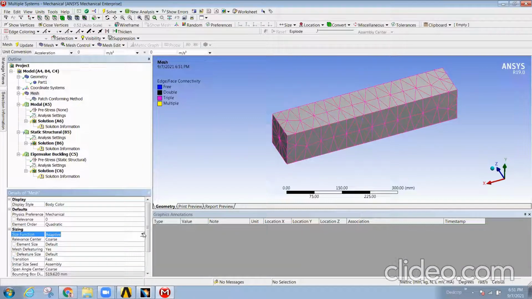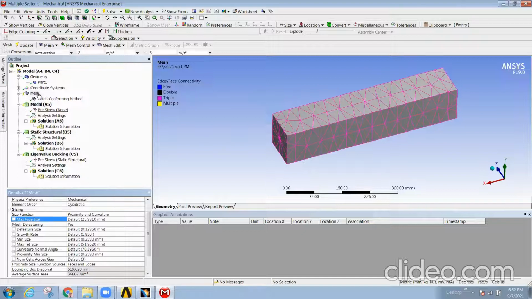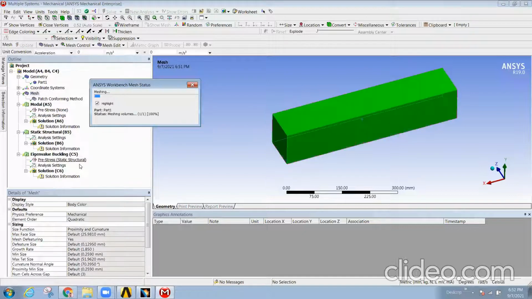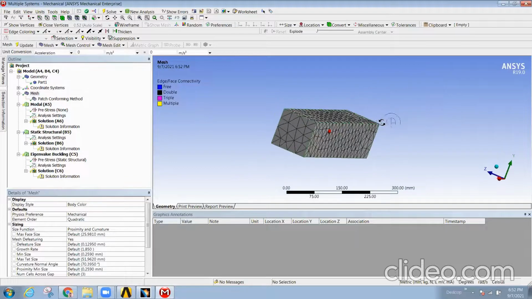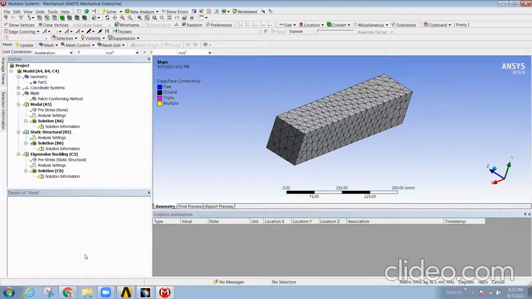There are different approaches. Adaptive will adapt itself wherever the geometry is changed. Approximation and curvature, based on the geometrical or critical locations, will consider the minimum or maximum size. On that basis your software will allot your mesh features and mesh size. So I'll show you. Now you can see that when the option has been changed to approximation and curvature, your element size will change. Even if you consider uniform,